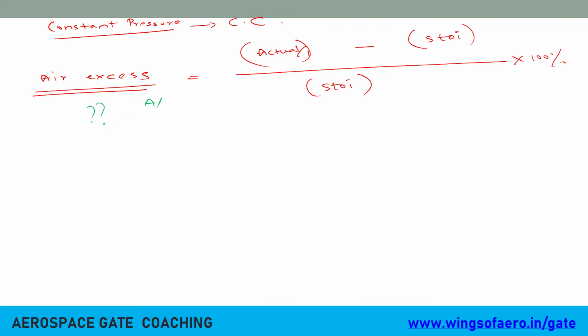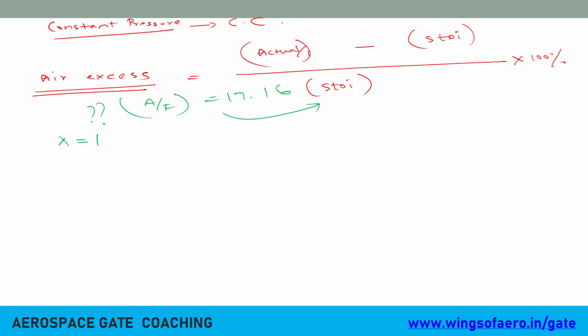No, ma'am. In the previous problem we got air to fuel ratio as 17.16, something like that. Is there any excess air? In the same kind of problem they can shoot this kind of question, find out the excess air. They will give you a couple of options. Obviously, if the lambda value is 1, it's not going to be excess air.